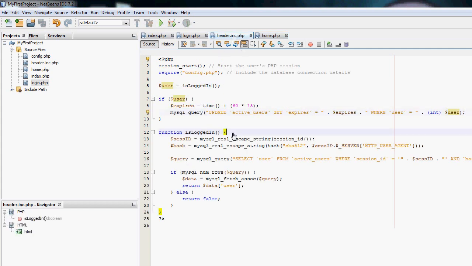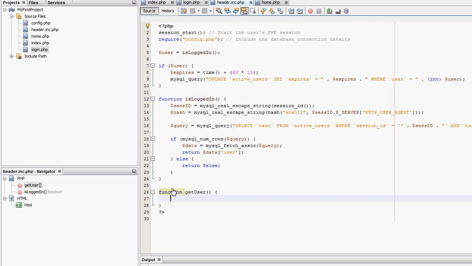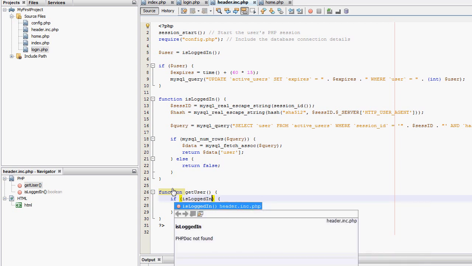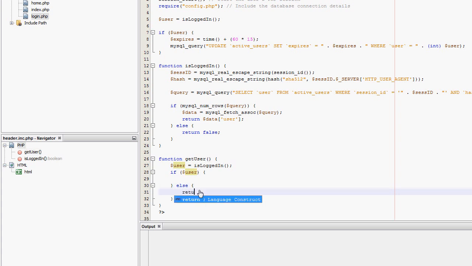I'm going to create another function called get user, which will return an array of a user's data. I'm only going to make it work if they're logged in. So user equals is logged in. If user, so if it's true, if they are logged in, continue. If they're not logged in, I'm just going to return false because I can't get any data about them. If they are logged in, I've now got the user ID in user,